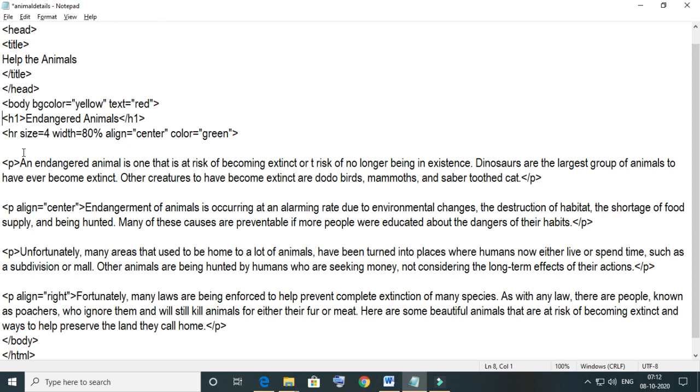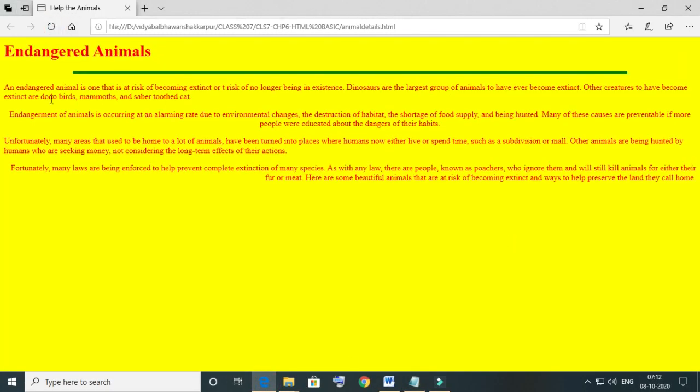Just in this way I have specified the HR tag. Now come to Internet Explorer and reload it. See the heading, Endangered Animals, and here you can see the horizontal line with size 4, with 80% width and center alignment.